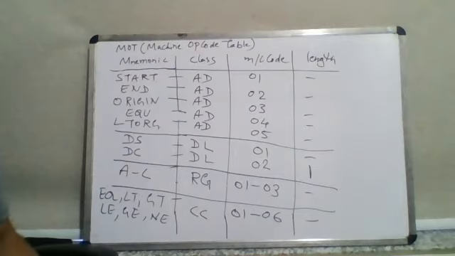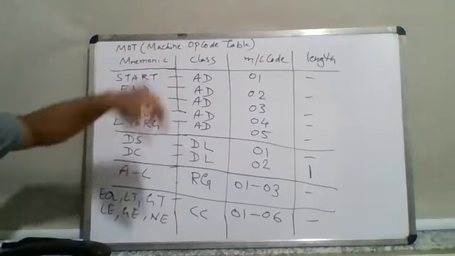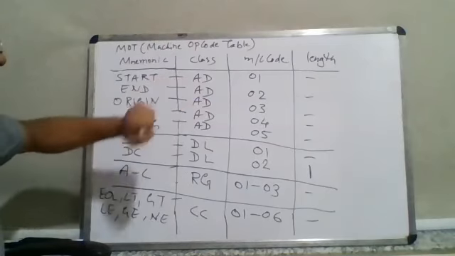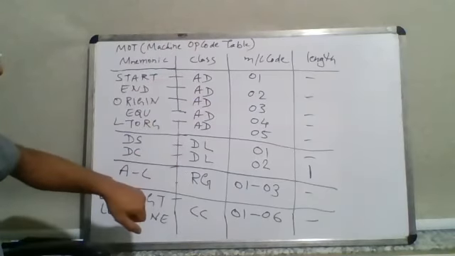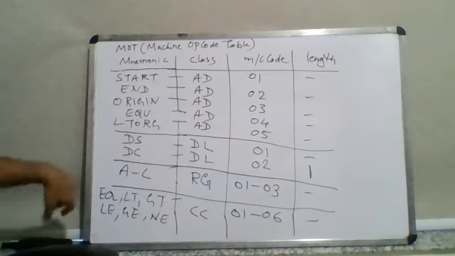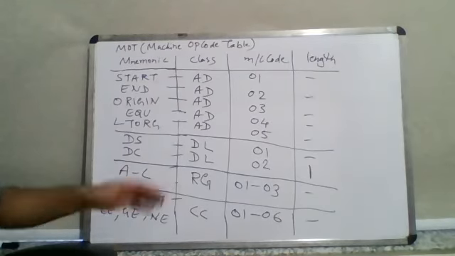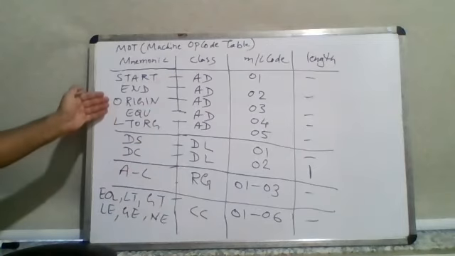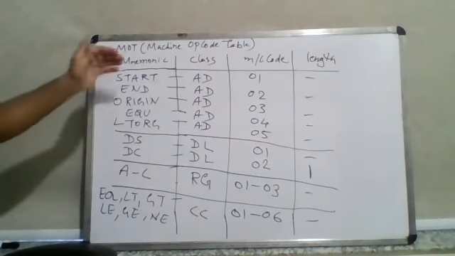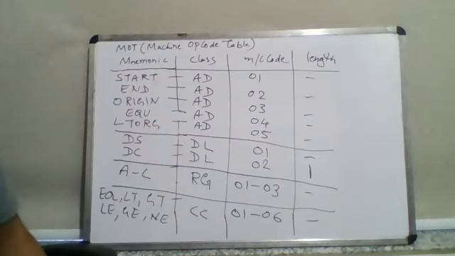So what we have seen is 5 classes. One is imperative statement, which we have seen previously. Then there is assembler directive. Then there is declaration class. Then there is register, and then there is CC, which is comparison based condition. Now, having seen the table entries of the MO table, we should see what is going to be there. Some of the important assembler directives like origin, equate, LTORG, start, and end are going to be useful. But how could this be present inside the program?